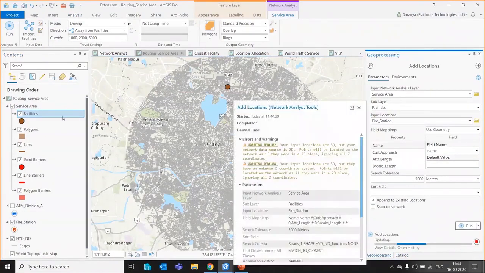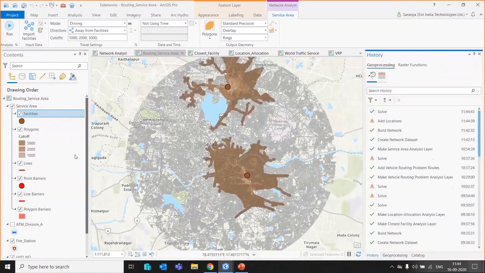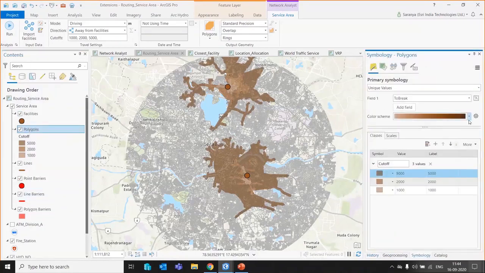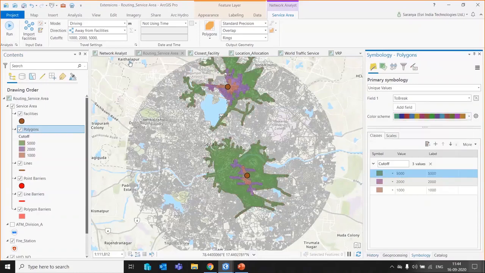Once my facility is added, I can just run the model to see what is the area served by these fire stations. So you can see in 1000 meters, it can reach these areas. To visualize it better, we can change the symbologies as well. Here you can also increase your cutoffs if you want to see what will happen if I increase it to 10 kilometers. You can do so very easily here.